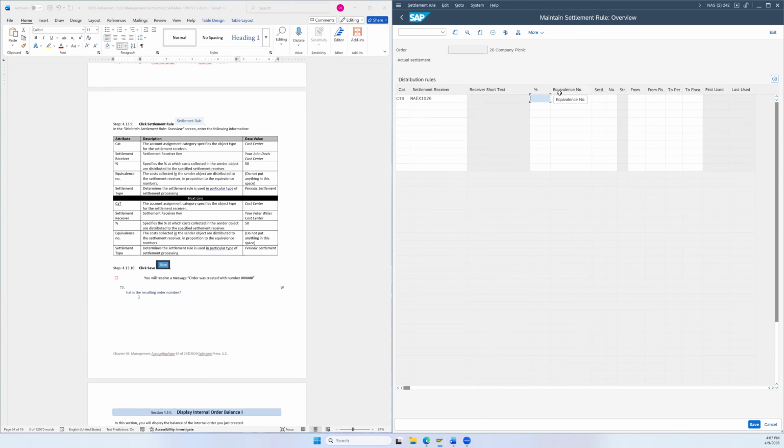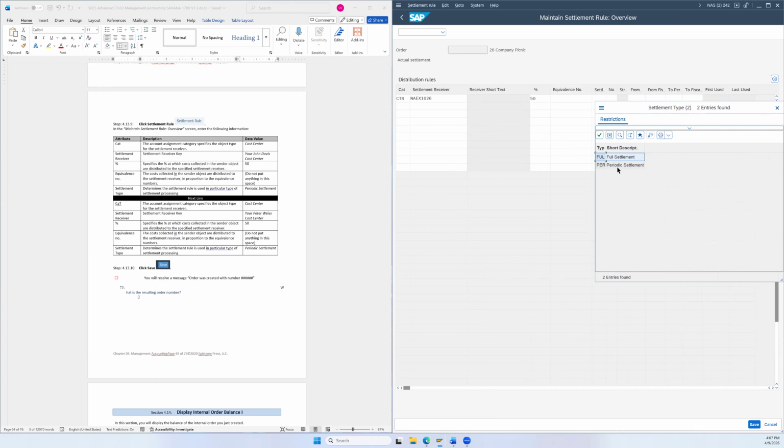For percent allocation, we're going to put 50. And then equivalent number, we're not putting anything. And settlement type. Here we go. We're going to enter periodic settlement. Periodic